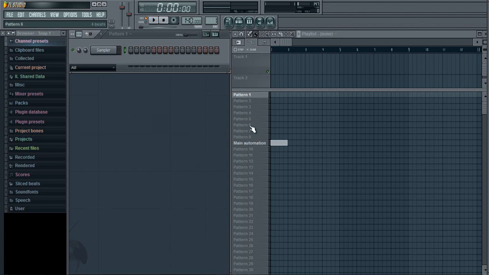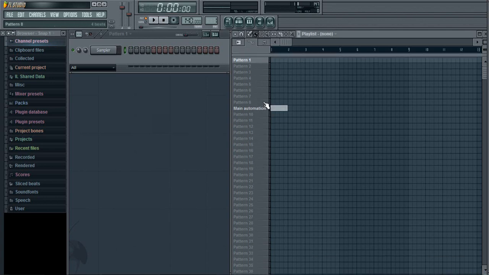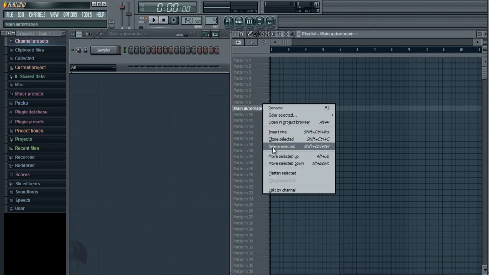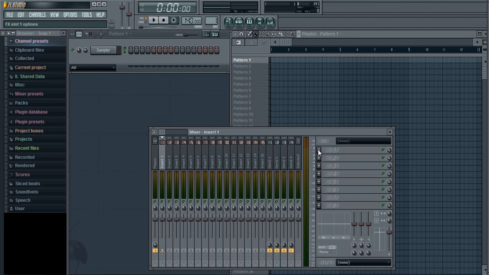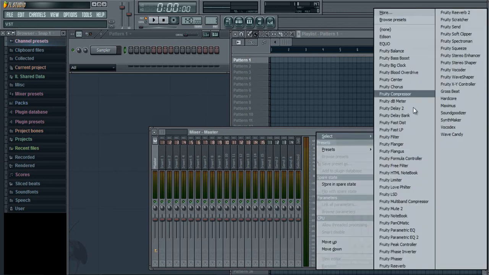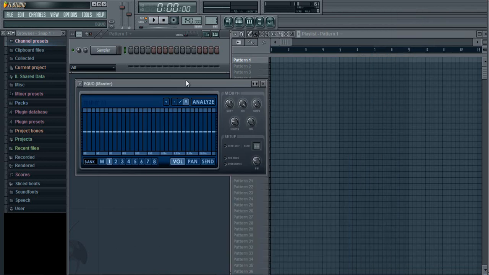So I got an empty project going. We're not going to use this track area. I prefer the old school pattern stuff. I'm going to delete this automation channel just so it looks nice and clean. Start on pattern 1, and we're not going to use any extra filters or effects. I will, however, drop in an EQ on the master channel just so we can look at the frequencies